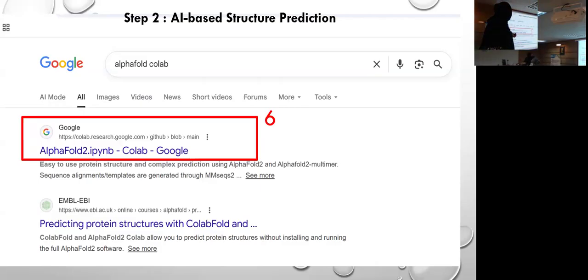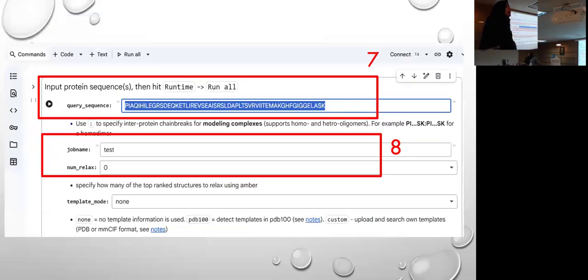Once you click it, a Google Colab notebook will open. It will be linked to your Gmail or any email which you have been using in your laptop. If you are not signed in, you have to sign in for this.